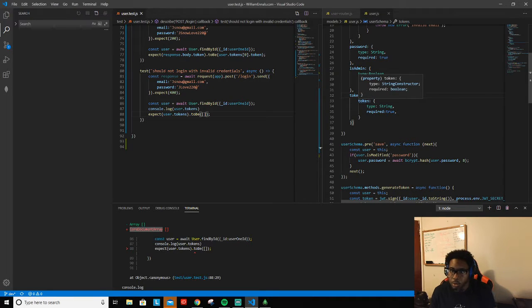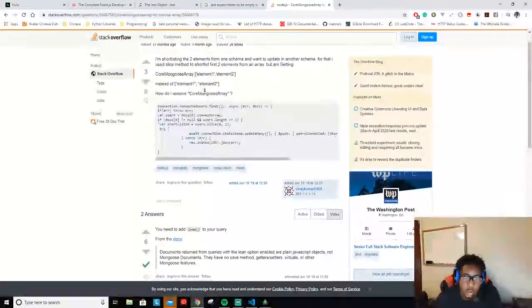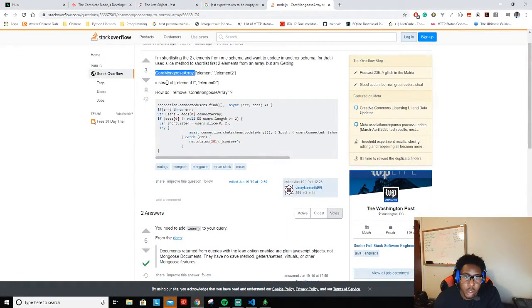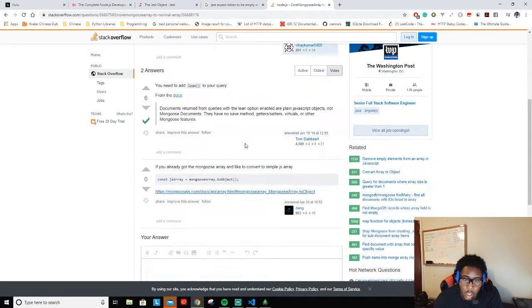But if we go, so this is how we'll look it up. Add lean to your query, from the docs: Mongoose documents returned from queries with the lean option enabled are plain JavaScript objects, not mongoose documents. They have